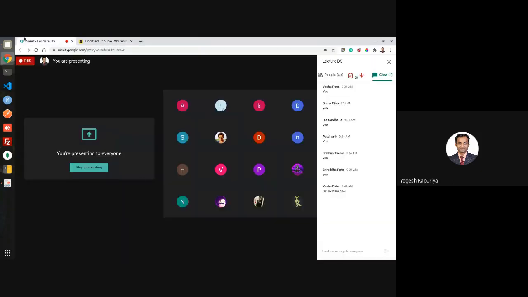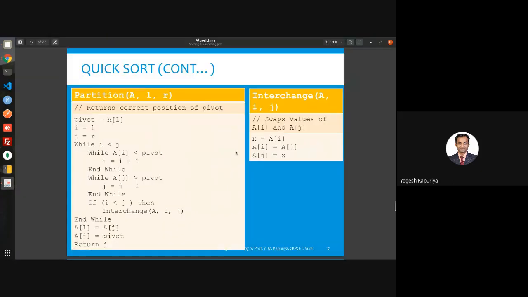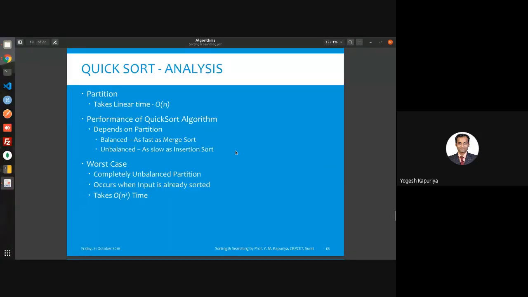So next topic is, I think we have discussed four searching or sorting techniques. We will not discuss the time complexity in much detail, but what you can just remember is that the average time complexity of quick sort is n log n, which is similar to merge sort. But in the worst case, if your elements are reversely sorted, that means you want to sort in ascending order, but your input is numbers in descending order, then quick sort will perform worst. In that case, your time complexity is big O of n square. You can see here.